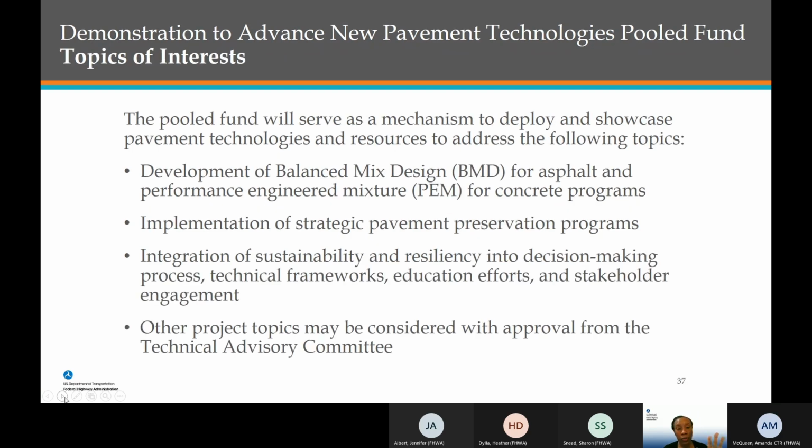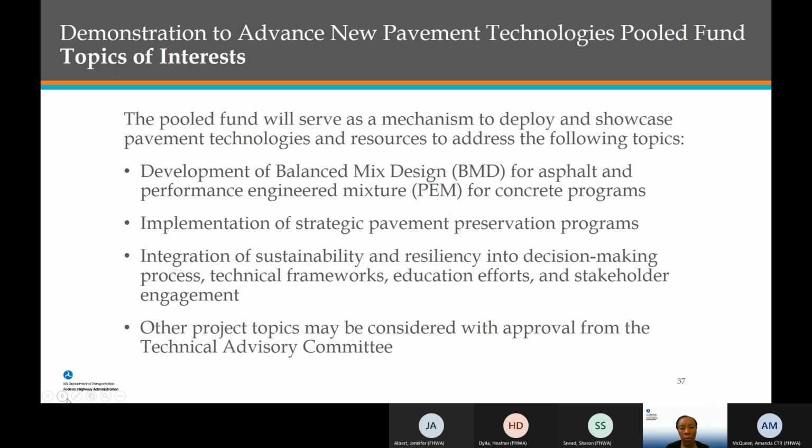So currently we've identified 3 topics of interest for the pool fund. They're listed here as related to the development of balanced mix design for asphalt and performance engineered mixture for concrete programs, implementation of strategic pavement preservation programs, and then integration of sustainability and resiliency into the decision-making process, technical frameworks, education, and other stakeholder engagement.